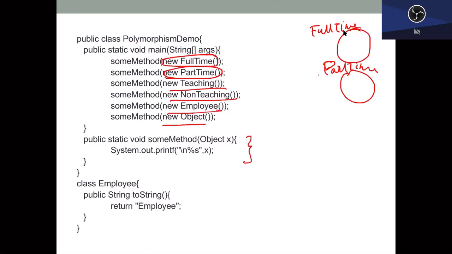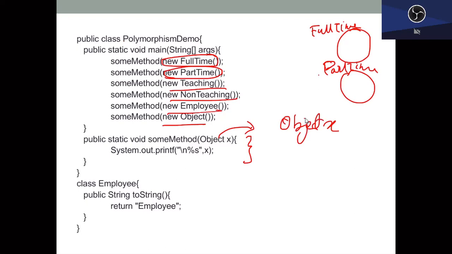It's here. So here I have public static void sum method. So it's a static method, sum method, and the argument that it is taking is of type object. Okay, so X here in the method has declared type object.